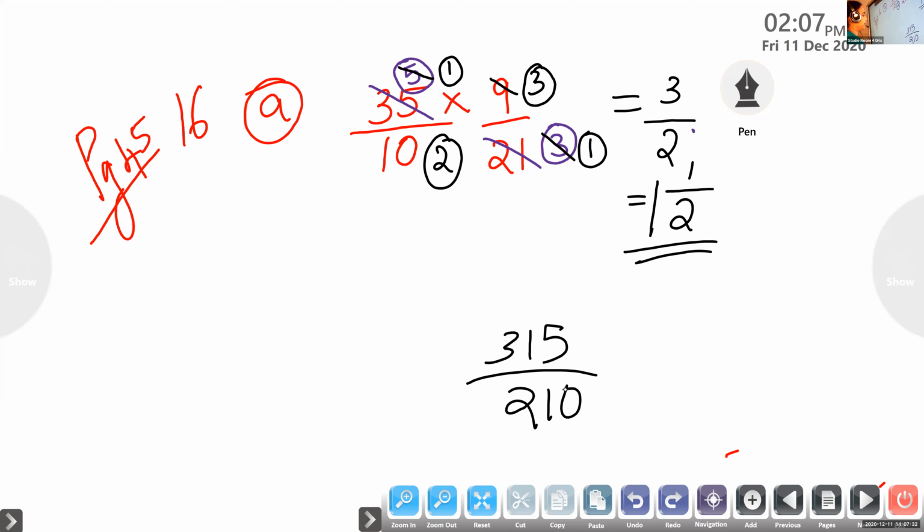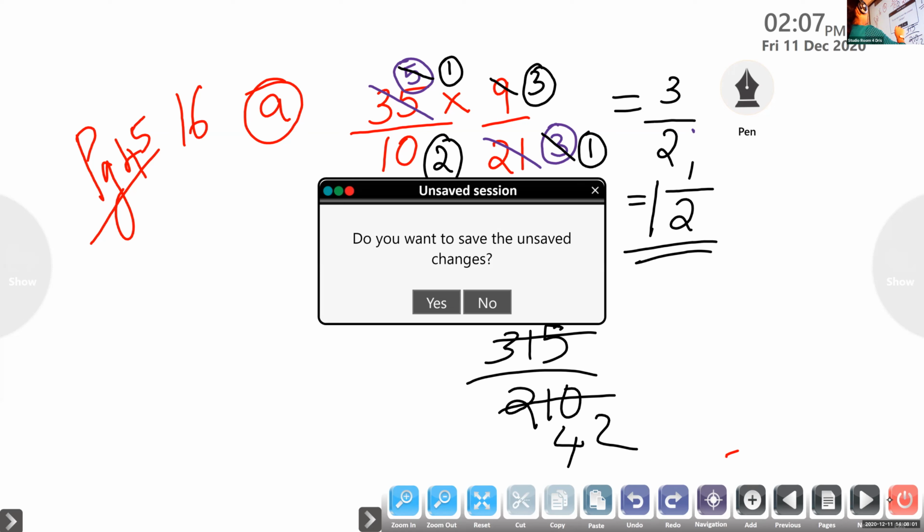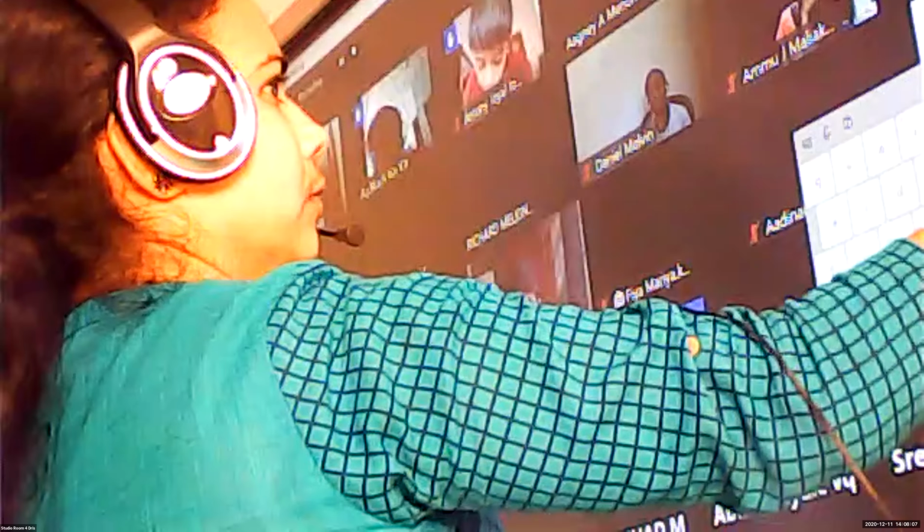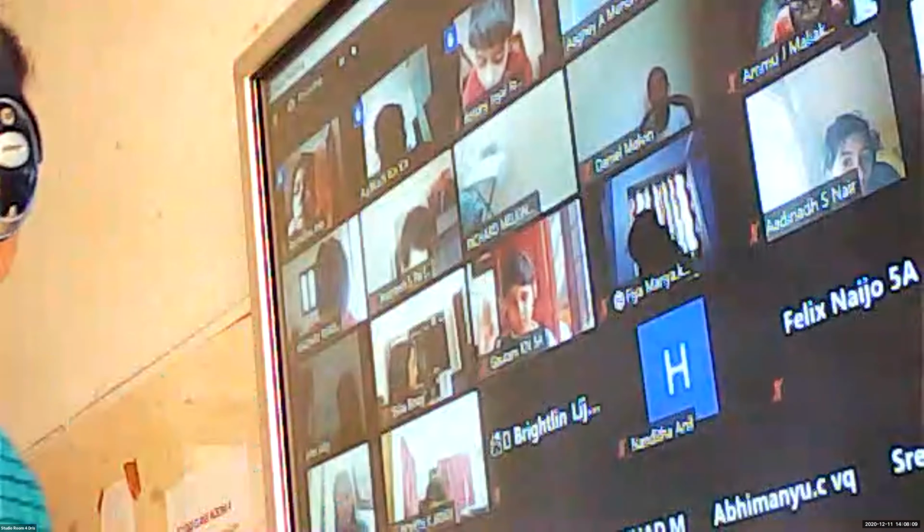You can divide again. If better, you can cut here. You can cut by 5. What you'll get? 63. 42. Again, divide by 3. Again, you are using the cutting method. Yes? Yes, better, ma'am. You can do it in the beginning. Is that clear? Okay, ma'am. 315. When you do it again, you want to divide, so we will use the cutting method.